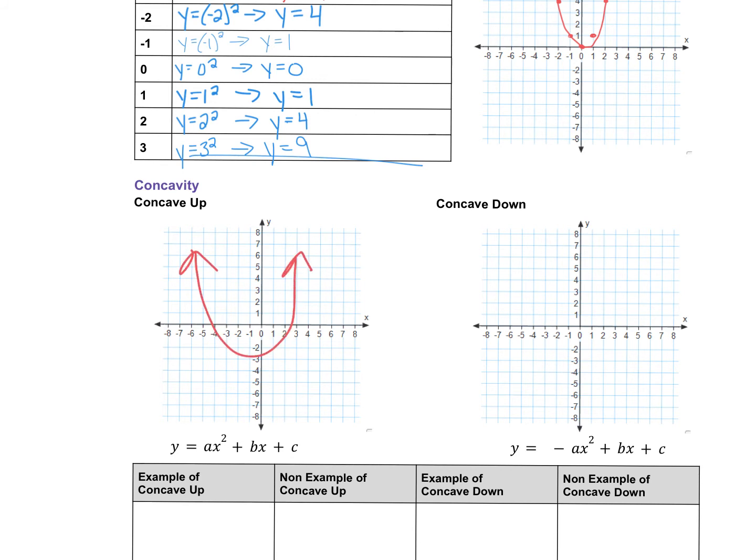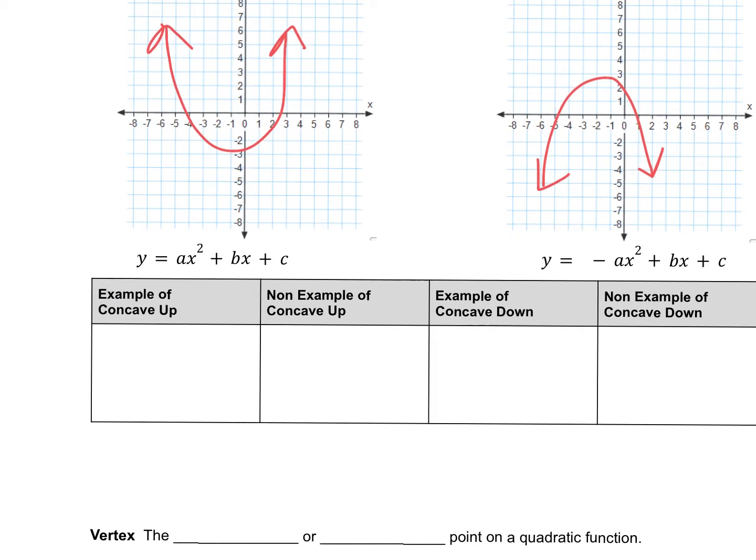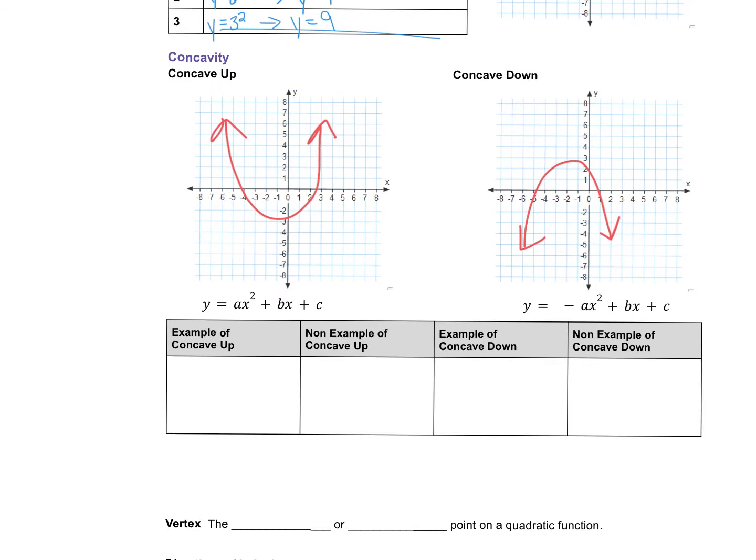It opens up. Now take both of your arms, and I want you to point down with them. Now looking at your body, your body should be forming a U downwards. That's concave down. Okay, when we have an equation, so we might not always be given a graph, but